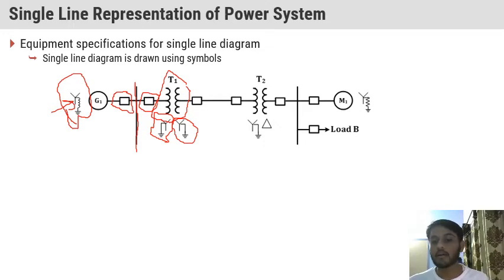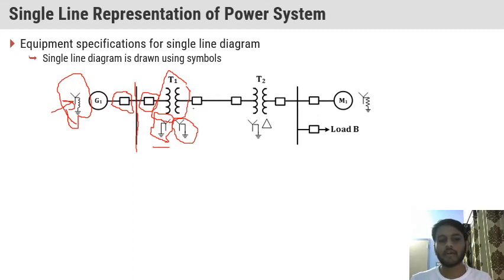By using this reactance we can control the earth current. Whenever this generator has an earth fault, at that time this reactance controls the earth leakage current. But in the case of the transformer, we connect the neutral point directly to the ground. We don't need protection here because we already have circuit breaker protection.